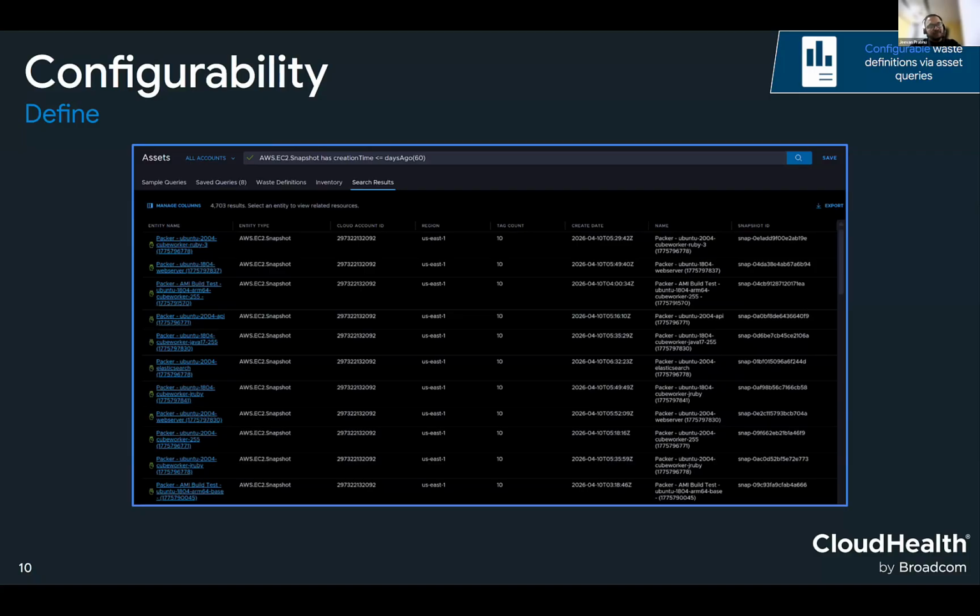We will have out-of-the-box content to give you some idea about how these queries can be written. We are giving about 10 queries, which you can clone and modify. And the documentation will also highlight how you can edit these AssetQL queries to extract the best out of them to define waste.